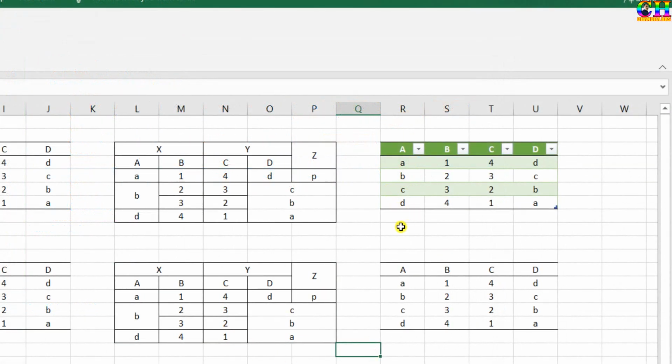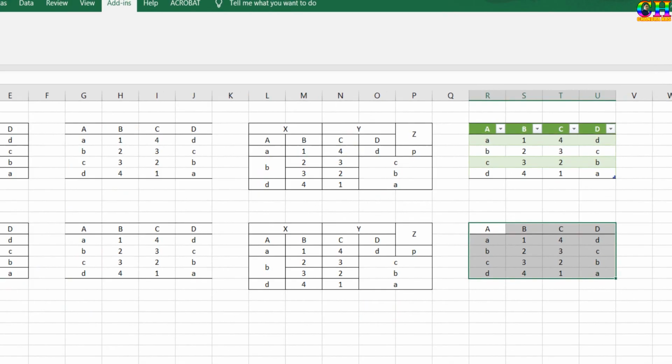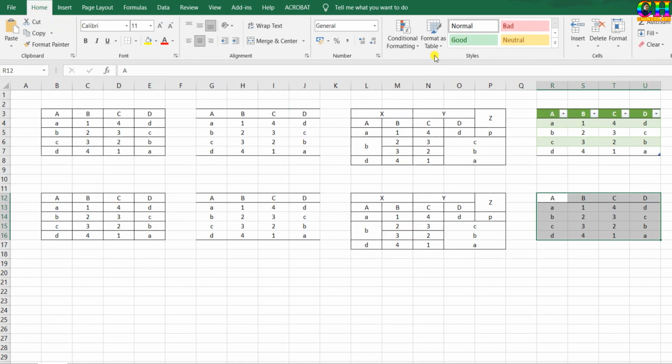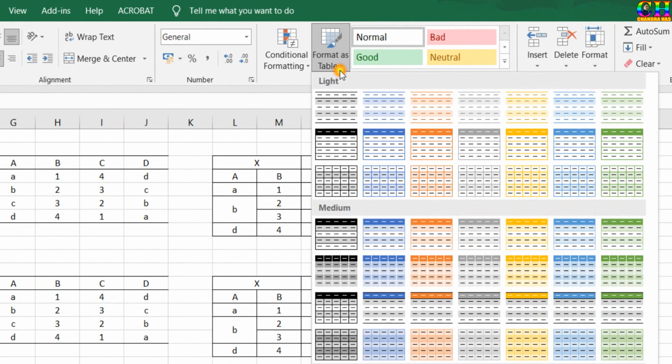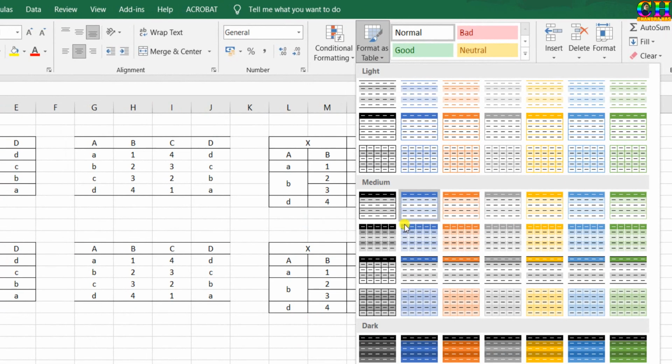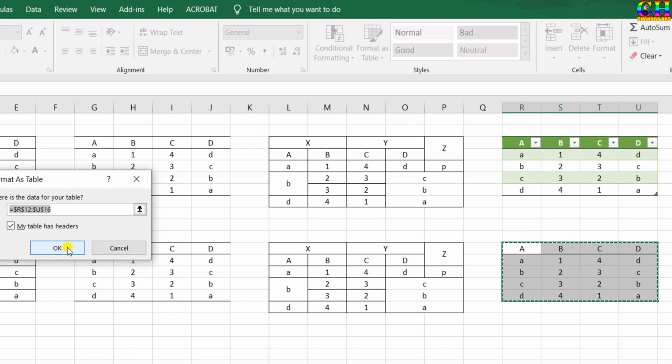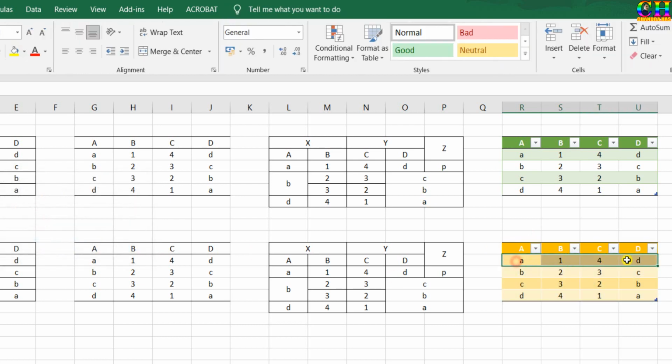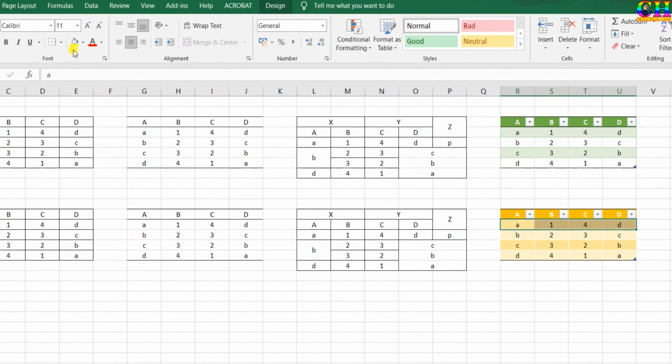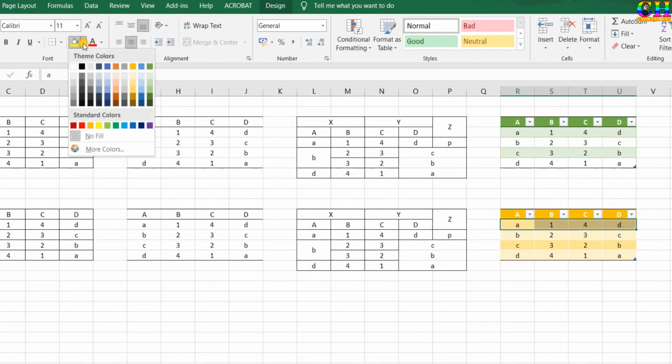In the last table, colors have been used. This we have already created. Just select the data. Go to format as table and you can choose whatever you want. You can manually change. Select the cells. From here you can change the color.